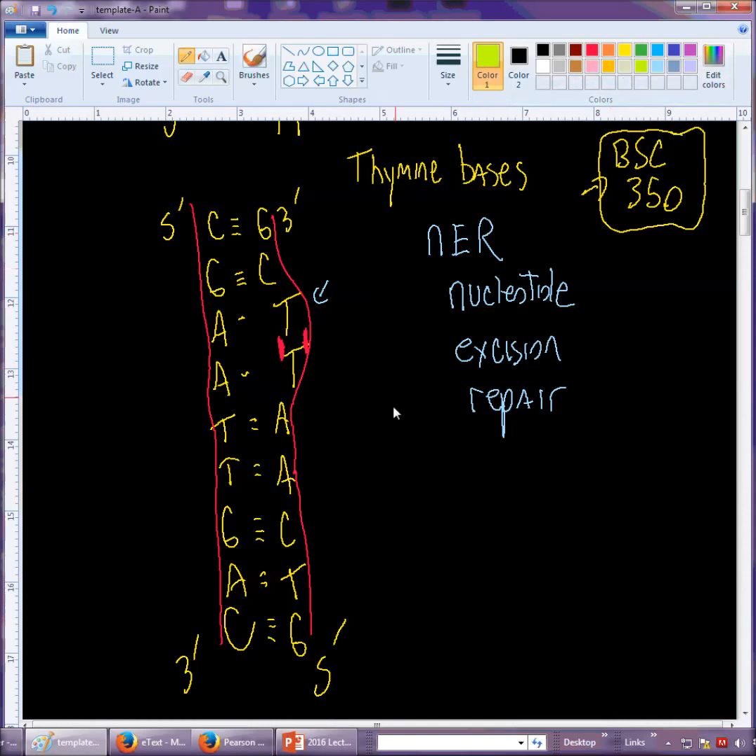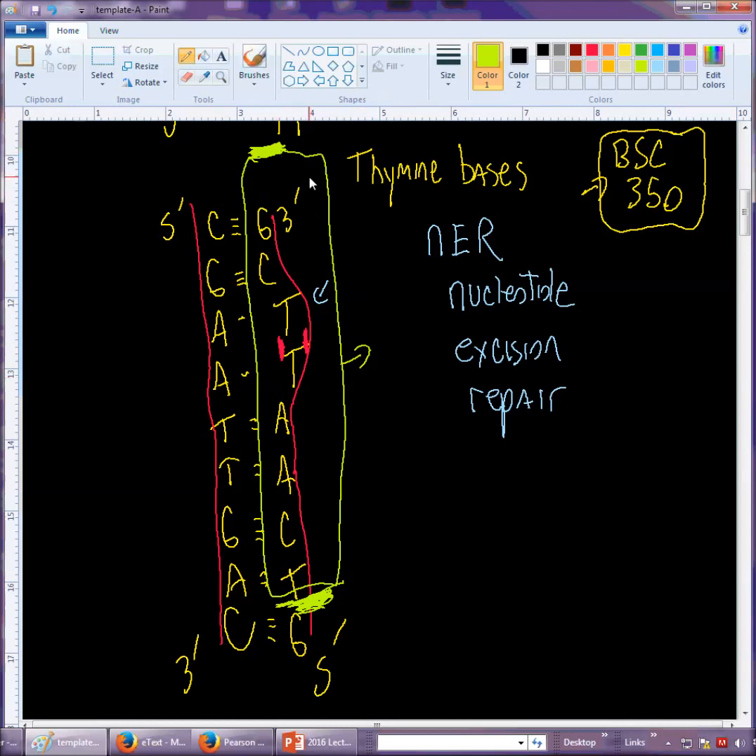Well, essentially with NER, there are proteins which recognize this damage here, and they recruit other proteins to the damage, and what it does is it cuts a specific number of bases out on either side of this damage. I think it's like 10 or 20 or something like that. So it cuts out a big segment of this DNA right here, gets rid of it, disposes of it, and then your polymerases and your ligases come in,